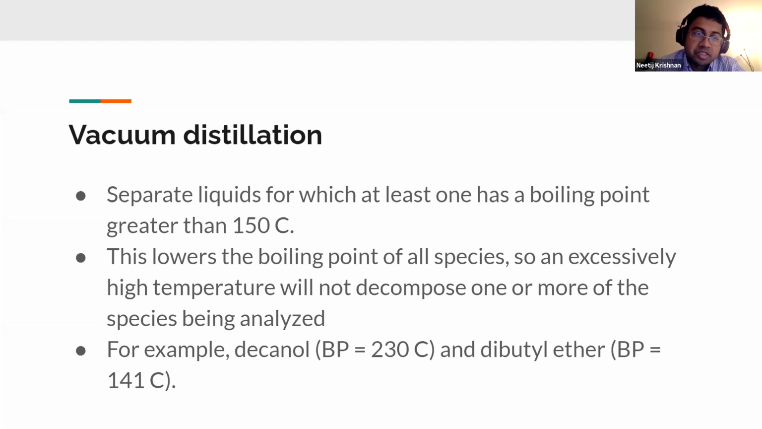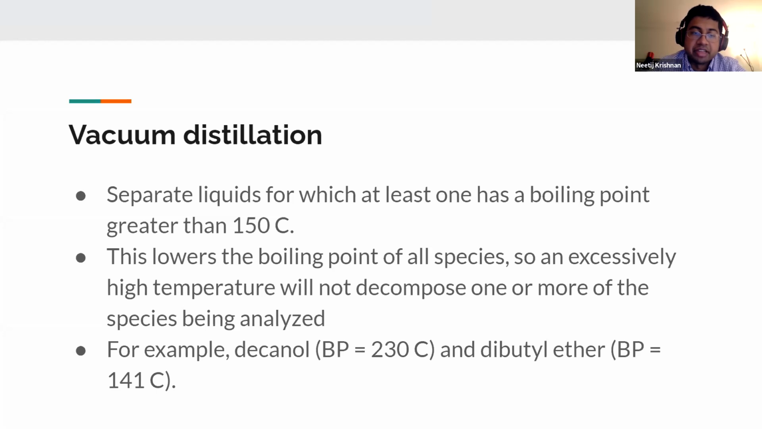And the key about this is that when you're heating a liquid with a very high boiling point, over 150 degrees Celsius, you run the risk of decomposing one or more of the species that you're studying. And you don't want to decompose them, you only want to separate them. So if you lower the boiling point of all the species, you don't have the risk of an excessively high